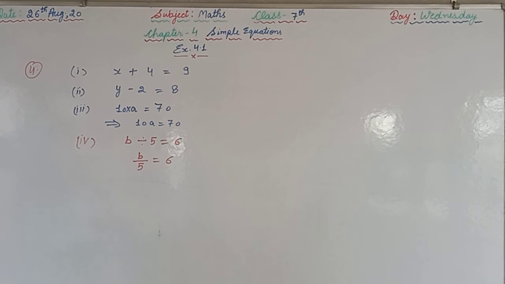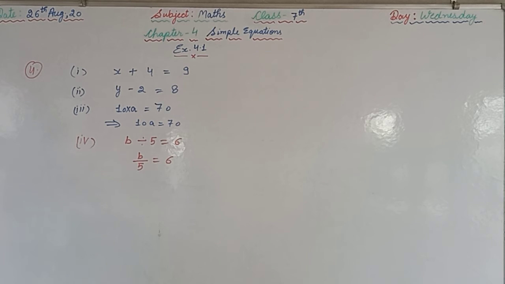In the next question, the fifth question, that is the converse of this question, just the opposite. In question number 4, the statement is given and we are supposed to form the equation. In question number 5, the equation is given and we are supposed to formulate that into a statement. So the first one is p plus 4 is equal to 15, which means we write: a number p when added to 4 gives 15. Again, a number p when added to 4 gives 15.